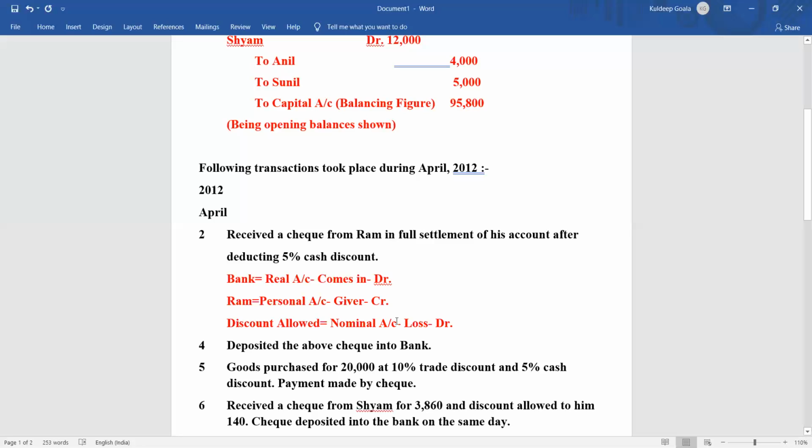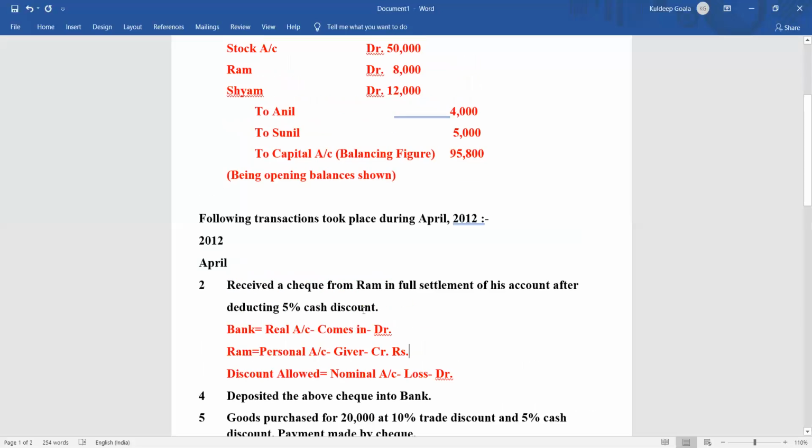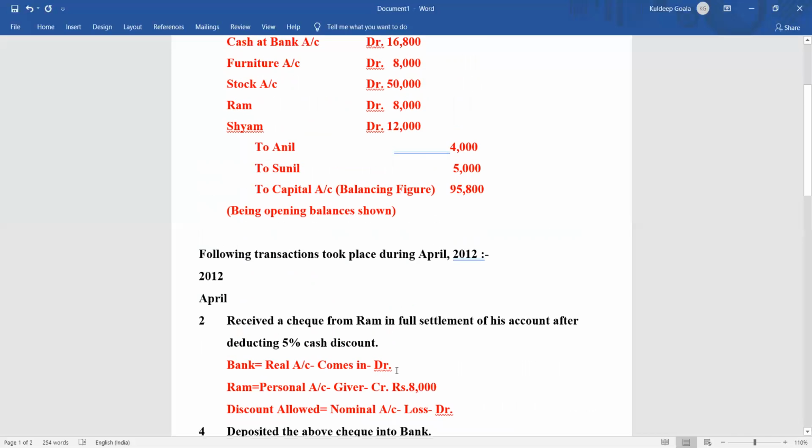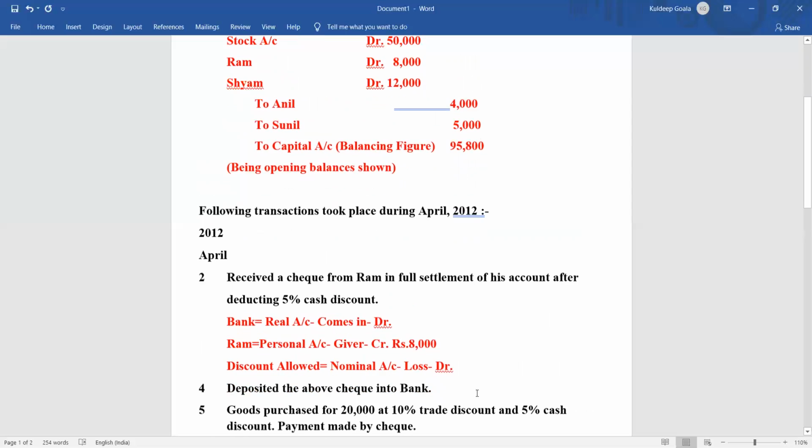Now let's find out one by one. First of all, we'll find out Ram because he is the key person here. So how much is going to be in his account? Total of, remember that, total of how much? You just see in the previous question it was 8,000, right? So Ram's account will be taken total of 8,000 because total 8,000 will be closed from his account. He will not pay any more amount later, right?